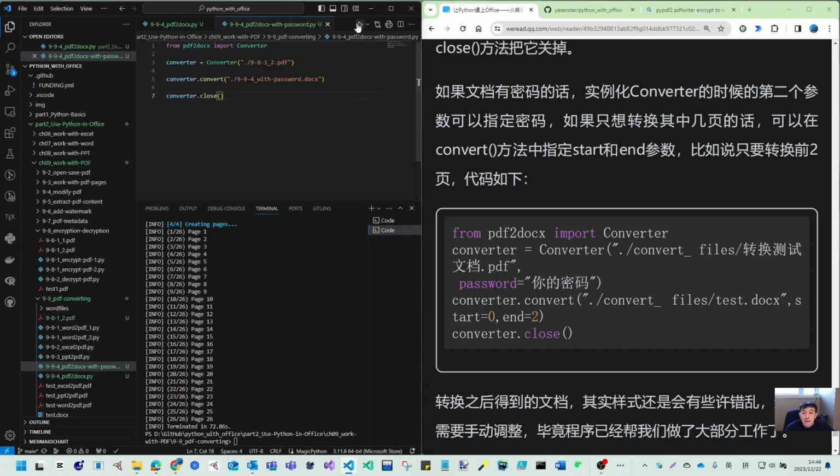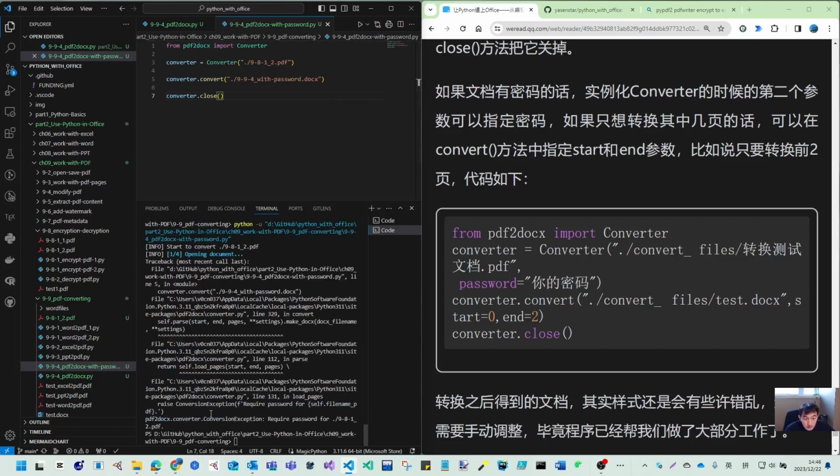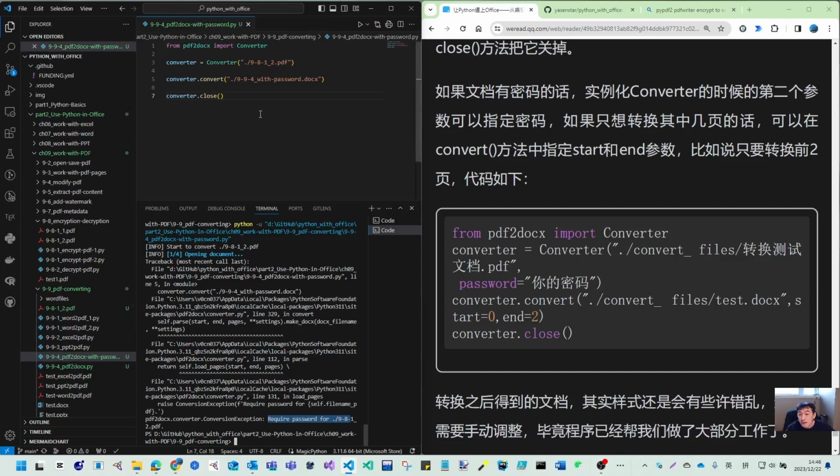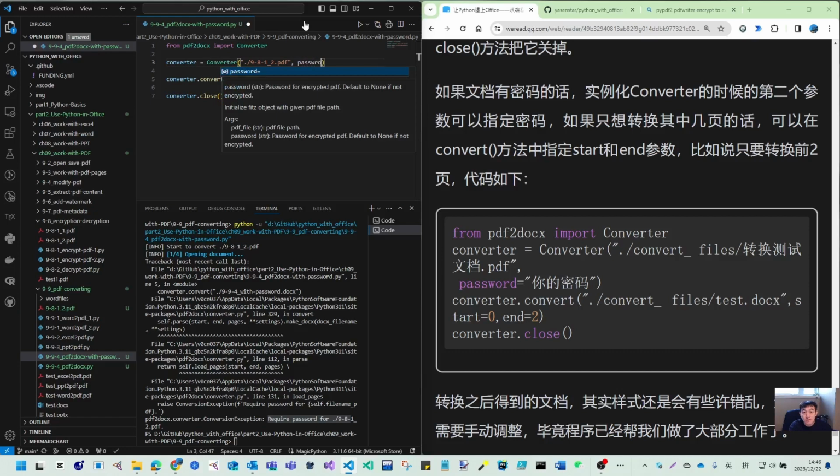If I don't treat anything, I got this warning here. It requires you to input the password. But how can we do that? We know the password is 126. So when we do this convert loading, we transfer the second argument as the password